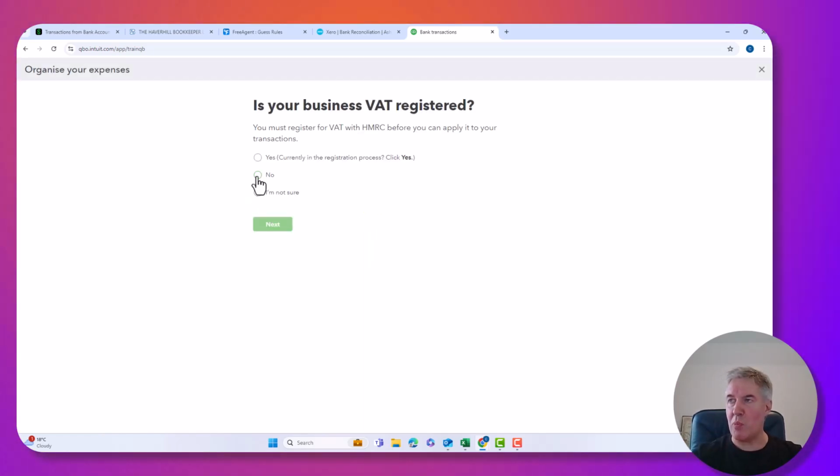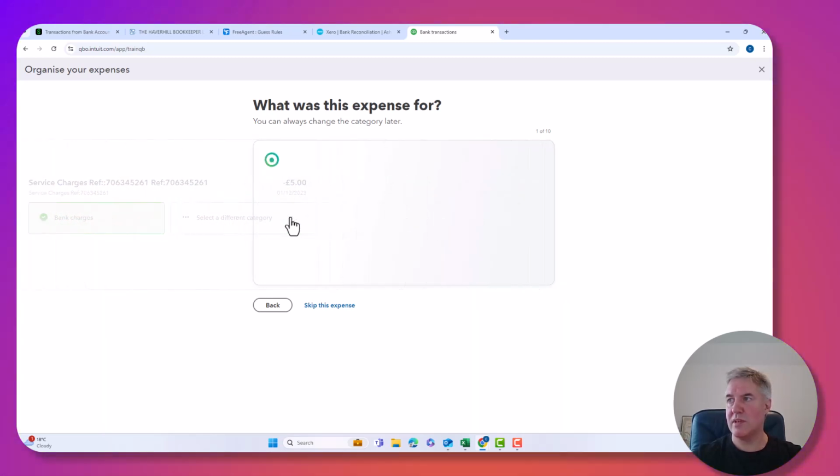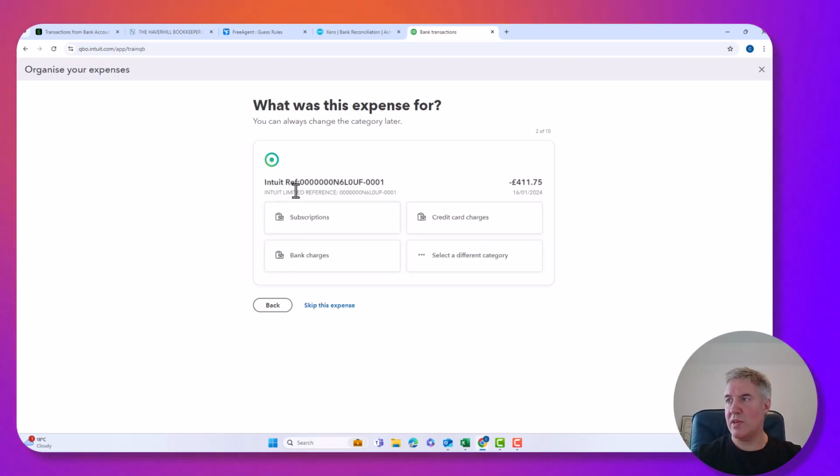I'll say no, I'm not VAT registered in this example. So service charge, it's prompting me to select bank charges. Perfect. What I have here, Intuit, to go to subscriptions, so I'll select those. Hiscox to insurance,